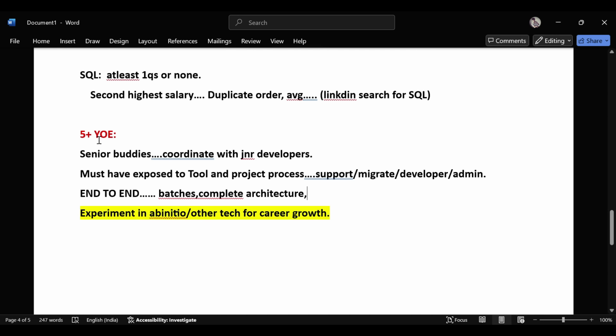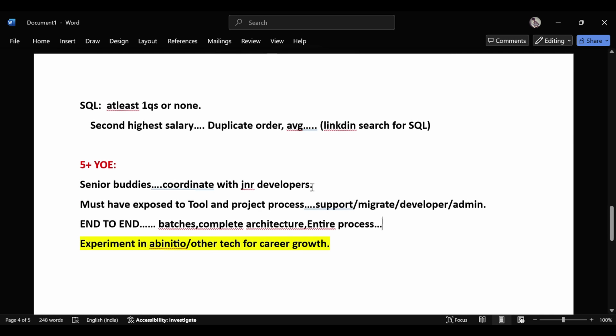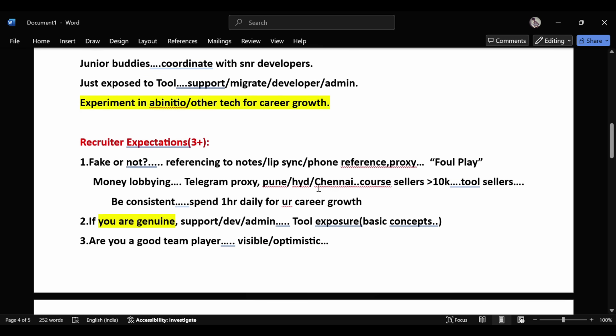If you start now, then when you get to 8 or 9 or 10 plus years, it will be useful for you, the entire flow, the entire process in your respective project. And then they will report to leads, coordinating with the junior developers, mainly on issue fixing. The junior guys will come up with some issues, we have to fix that and then report to leads. You guys report to leads, right? Yeah, so that's what.